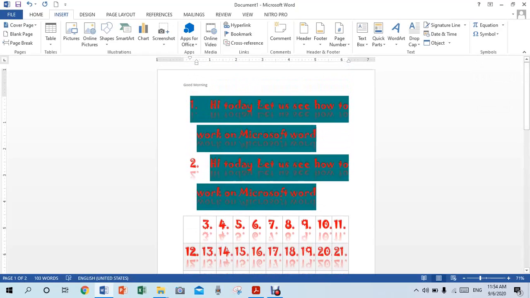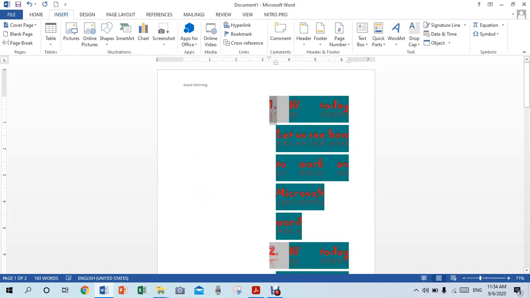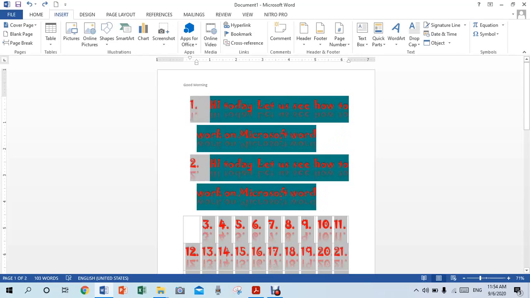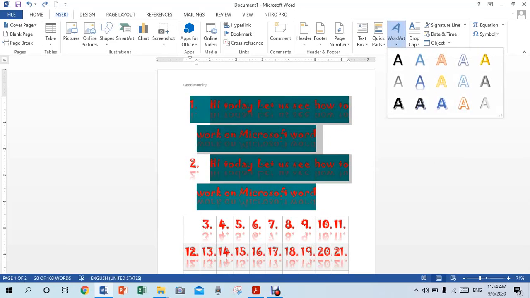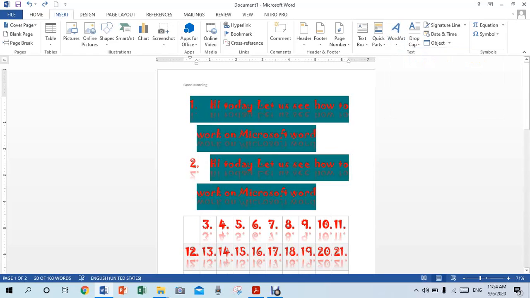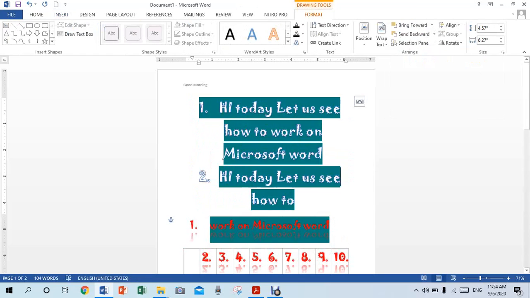Now let's see how to do the word art in this document. If you want to do word art for these lines, you can click on the word art and choose the favorite thing you want. And also you can format the word art for these letters.